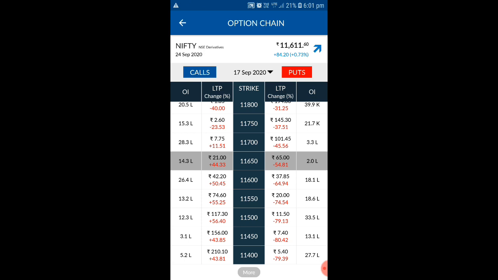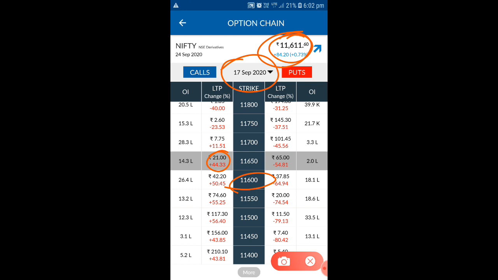Why? Because on expiry, for example tomorrow is an expiry, so it has to come to zero. Just imagine the current Nifty value is 11,600, and tomorrow also Nifty is going to open in the same range, and tomorrow is an expiry, on 17th September. What happens on that occasion? Here you can see whatever price is here, this 21 has to go to zero, because Nifty has opened at the same rate, in a flat mode. And the same thing here also.